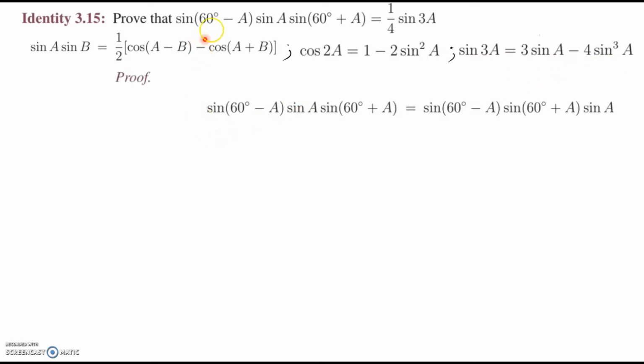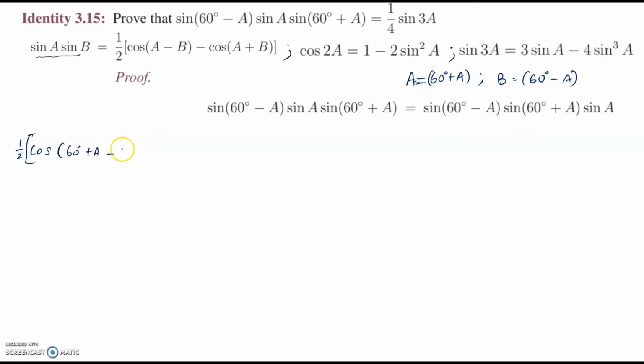So, to solve, let's rearrange the given expression as sin 60 minus A, sin 60 plus A, and sin A. Now, the first two terms are in the form sin A sin B. So, let's consider our A here to be equal to 60 degrees plus A, and our B as 60 degrees minus A. Therefore, substituting in this formula, you would get half cos, a big bracket here, A minus B. Our A is 60 plus A and B is 60 minus A. So, it's 60 plus A